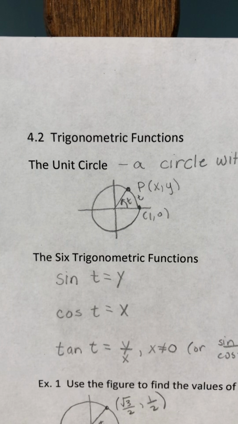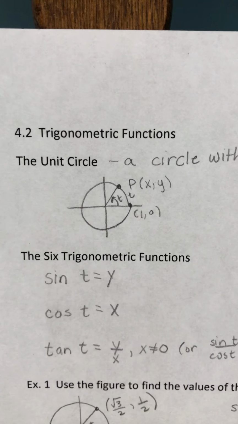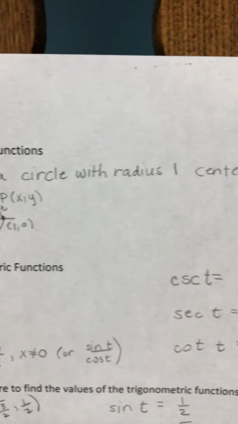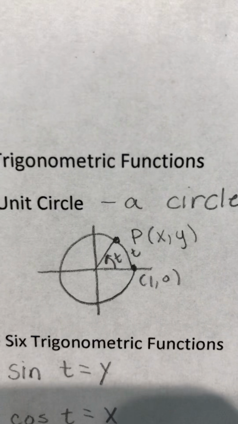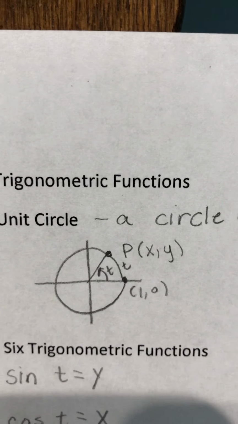4.2 trigonometric functions. We're continuing to use the unit circle. The unit circle is a circle with a radius of 1 centered at the origin. Its equation is x squared plus y squared equals 1. So we have this drawing of the unit circle starting at (1, 0), making a turn of a certain number